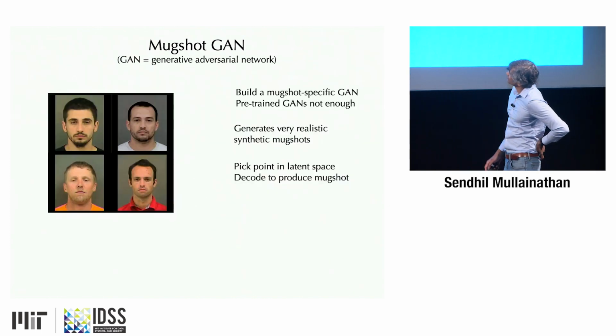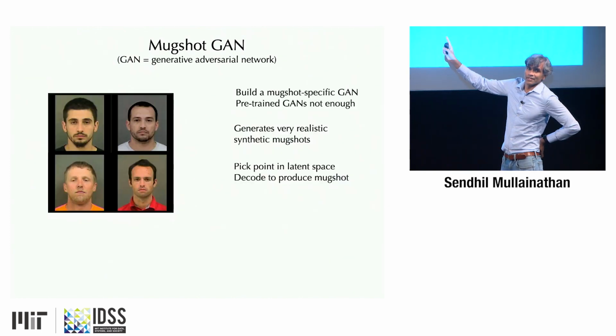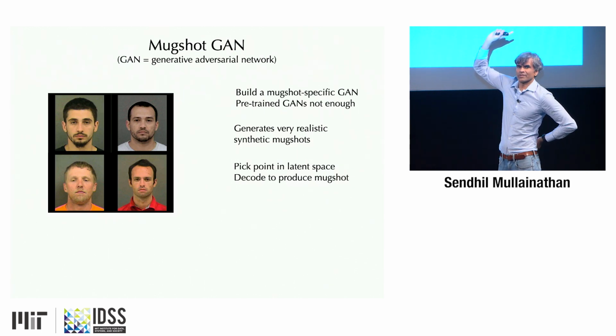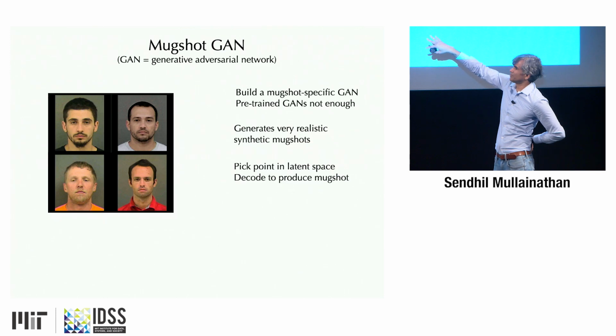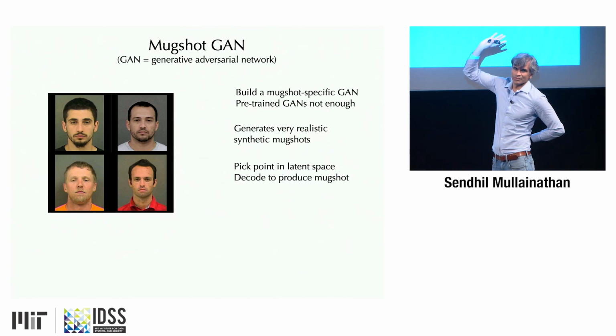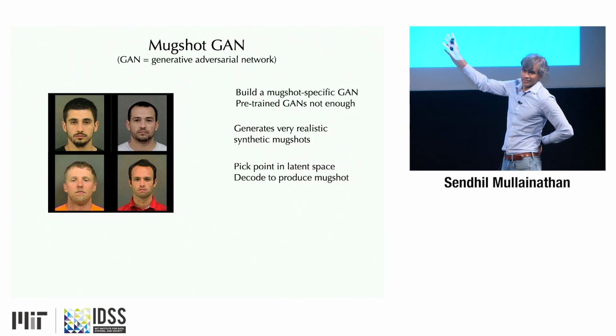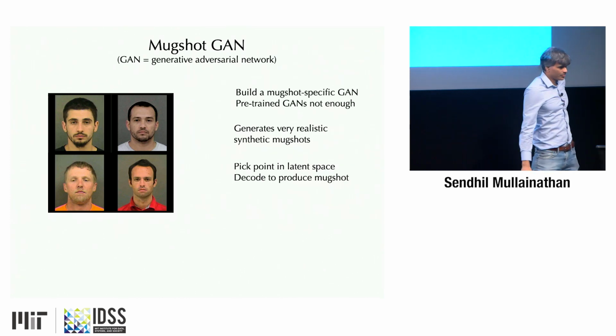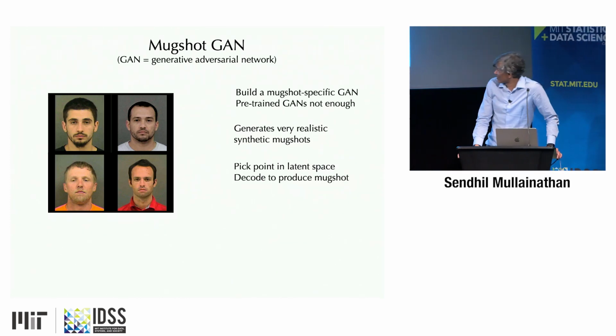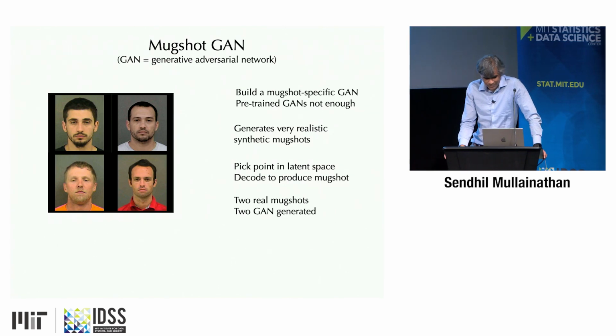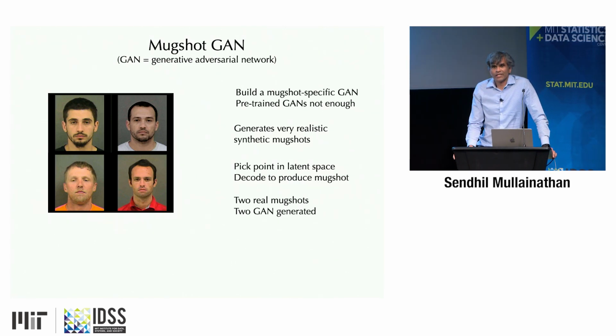Here are 4 images. It turns out 2 of these are real, and 2 of these are fake. In fact, the previous guy I told you was not a real. None of the photos here, except 2 here, are real. The previous guy I showed you is actually a synthetic mugshot. And you get very realistic synthetic mugshots. I never remember which 2 are real, which 2 are fake, so I'm sorry I can't answer that question. And now we're going to project the predictor into the subspace and follow the gradient.